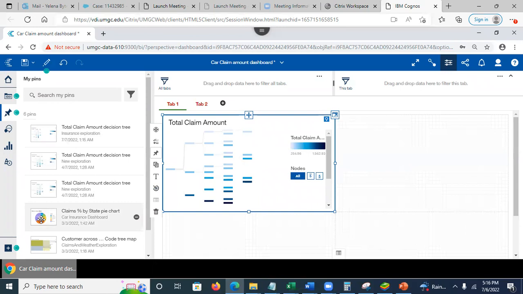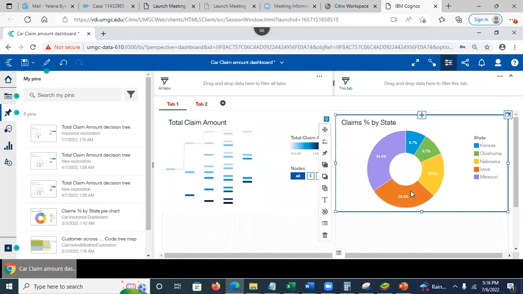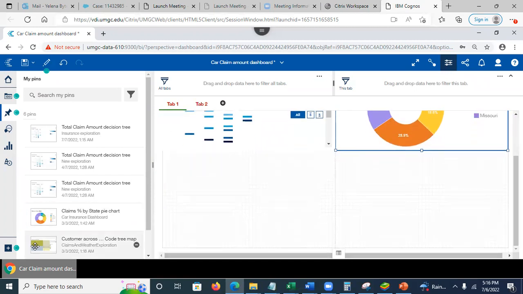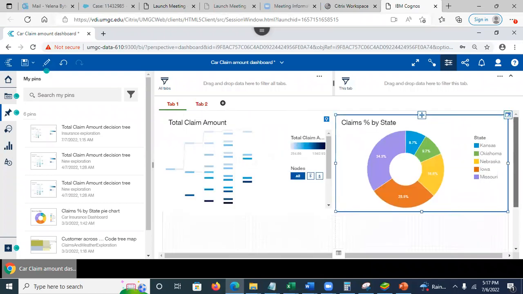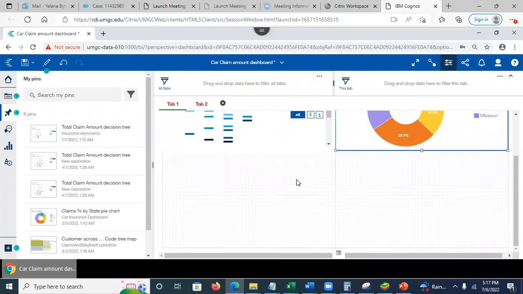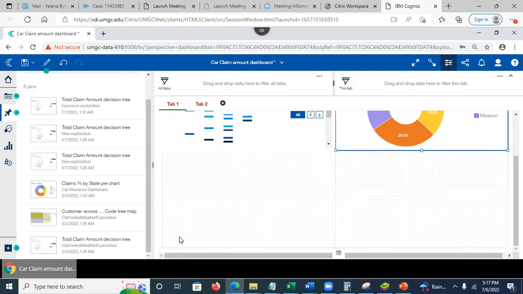And more. Those may or may not be working. I can try. Oh, they still work, nice. Because sometimes if you delete the data module that was used as a source to build that visualization, then the visualization is going to be invalid. You won't be able to see the visualization. You're going to see the error. The bookmarks, right? The pins could become invalid if the data that was used to build the visualization is no